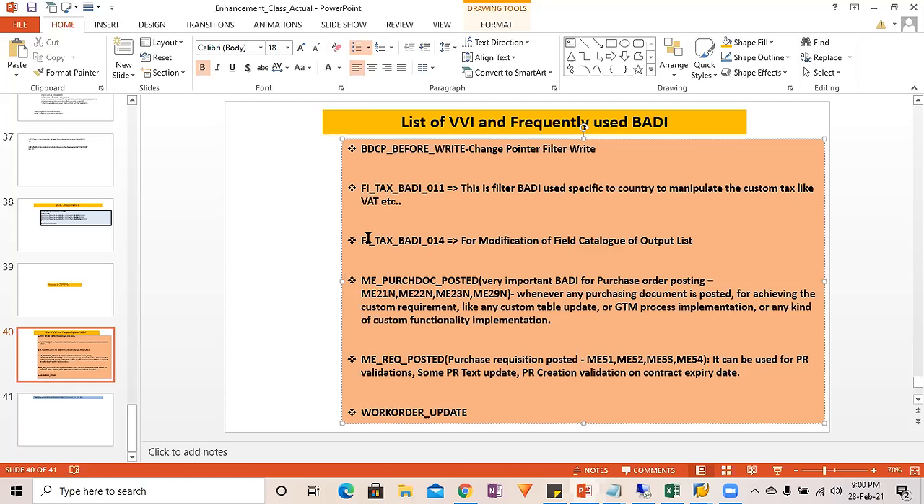This BAdI is going to display the output in a different format, because this is the BAdI for modification of the field catalog in the object-oriented ALV concept. So you can change the field catalog using this BAdI, very frequently used in finance. In the finance domain, they keep on playing with different field catalogs and different layouts, and that's where it's going to be useful. Okay, another very important BAdI is ME_PURCHASE_DOC